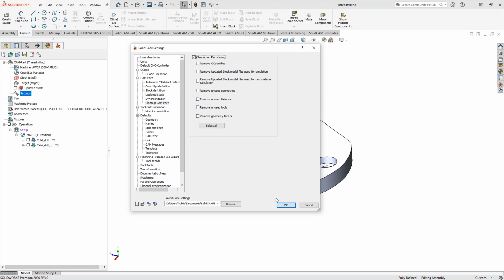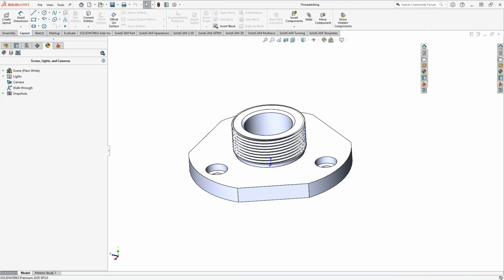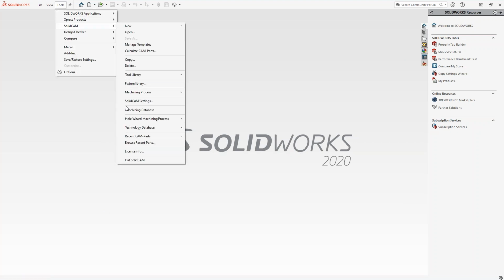And then another spot as well is the temporary folder. You want to keep this managed quite often, just because if you guys are doing a change model reference or you're making copies of a part, there should be, if SolidCAM has nothing open, like right now, nothing stuck in your temporary folder. And what I mean by the temporary folder,